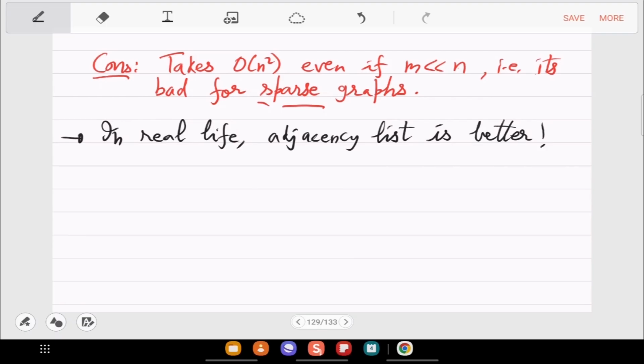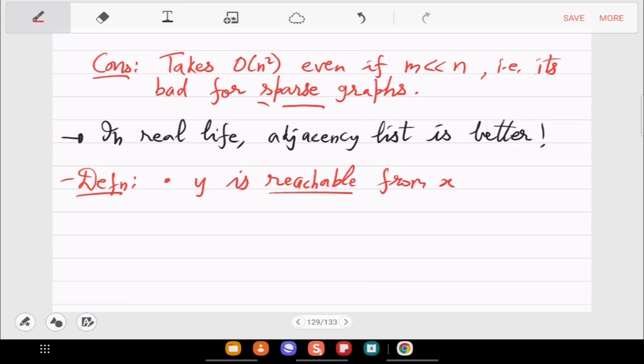Okay, just repeating one definition that we did last time. So we'll say that vertex y is reachable from x if there exists a path from x to y.